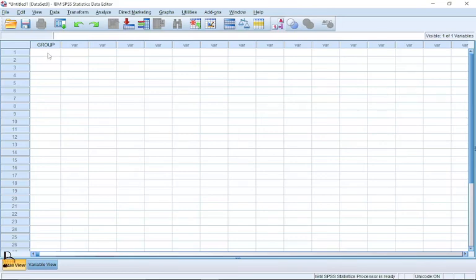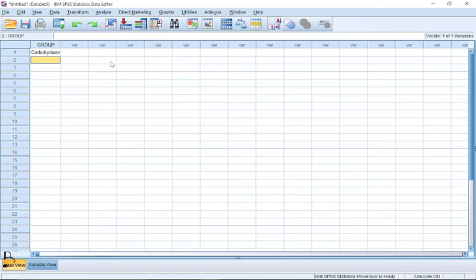So this is what I'm going to do. The first group is carbohydrate, which is group 1. So what happens here? Mind you, we are under our data view. You come over here and type 1. Press enter. You see, it brings out the carbohydrate that we defined under the variable view. Now we type 1 again. We type it up to 4 times because we are dealing with